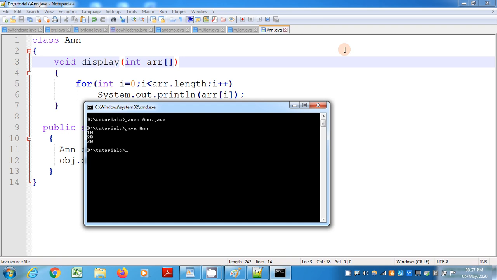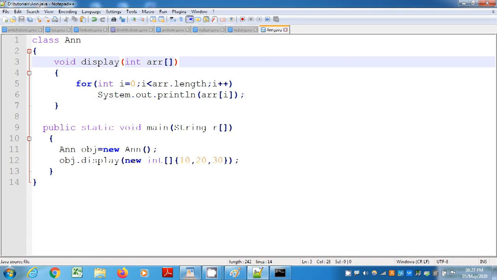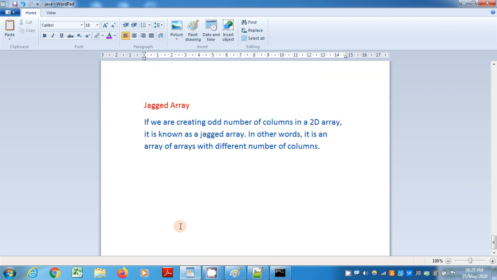And one more array is the jagged array. What is a jagged array? See, if we are creating an odd number of columns in a two-dimensional array, it is known as a jagged array. In other words, it is an array of arrays with a different number of columns. So look at that example. It is very clear in the example, but we can say this also as an array of arrays. So a jagged array is nothing but an array of arrays. In the array you can create many arrays. So we will see that practically